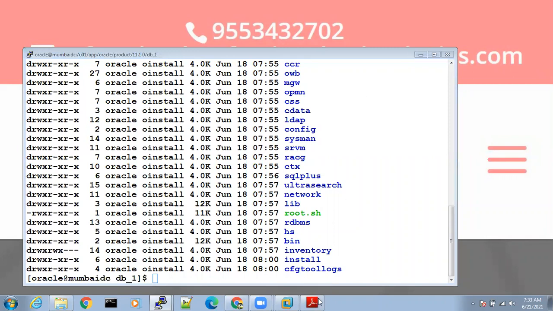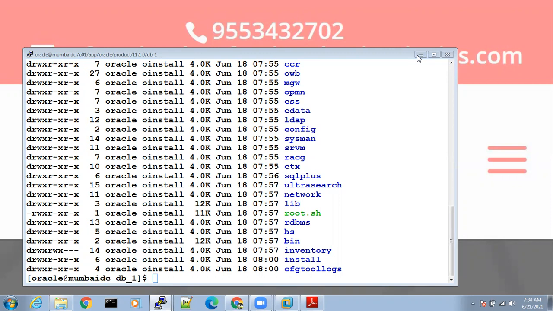Point number 1. Point number 2, why am I going with manual database creation only? Because when you go with automated database creation, just clicking on next will create the database for you, but you will not understand anything. What happened in the background, how a database is created, you will not understand.